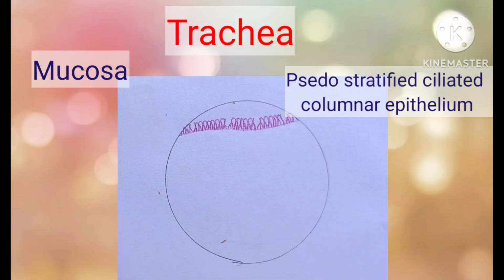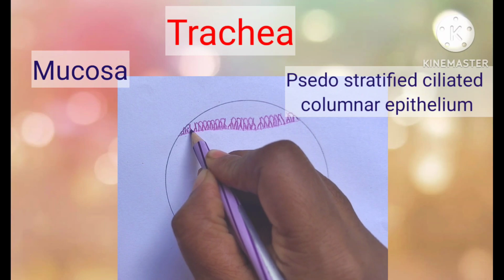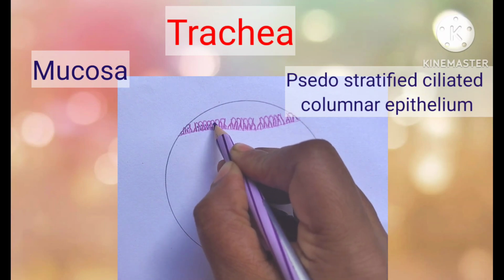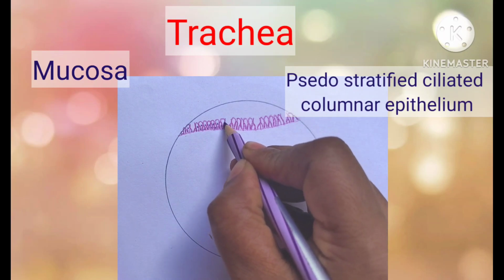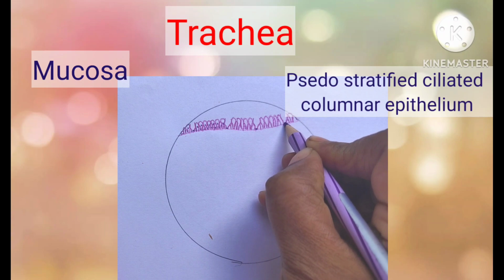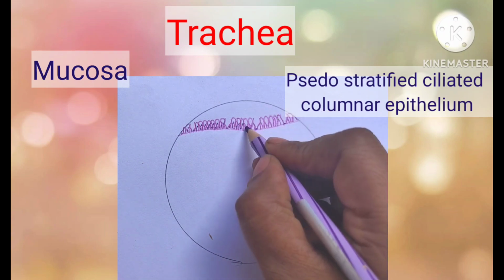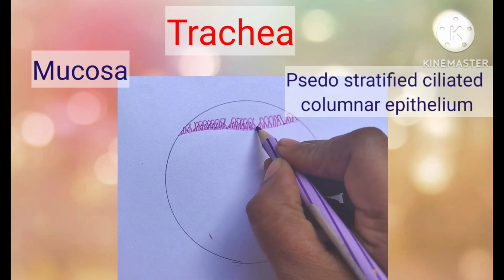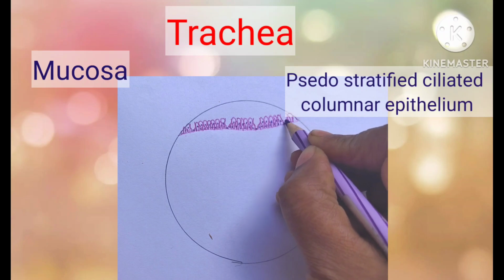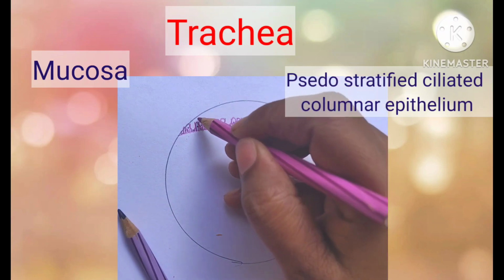Then we also have goblet cells, which I drew in the beginning, which are the mucus cells. The other cells will be the basal cells. So ciliated columnar cells, goblet cells, and the basal cells are more numerous. There are also the less numerous small granule cells, which belong to the neuroendocrine system. So we also have brush cells. These are very rare, and they are the sensory cells present. So these are the epithelium we'll see in the